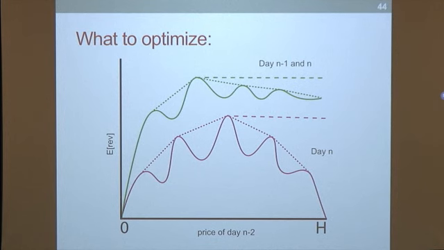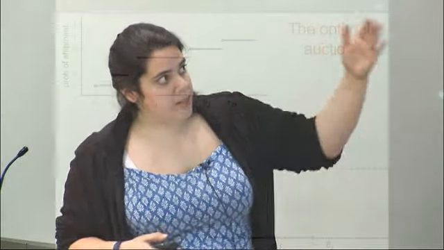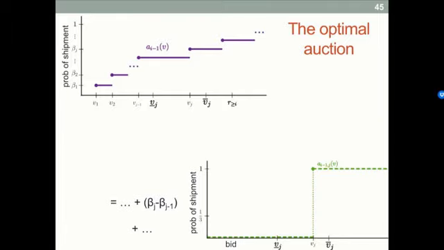Now, you're not just optimizing these, but you're building up these curves that tell you about the revenue you get from the later days given any price you set until you get your curve for what price do I set on day 1 and the revenue I get on all successive days. So what is your allocation rule? You determine it inductively as well. So if you have your curve that tells you your revenue from days 1 through n, it tells you what price to set on day 1. And so we start setting prices that way. If you have your allocation rule, you've already determined your allocation rule for day i minus 1. How do you determine your allocation rule for day i?